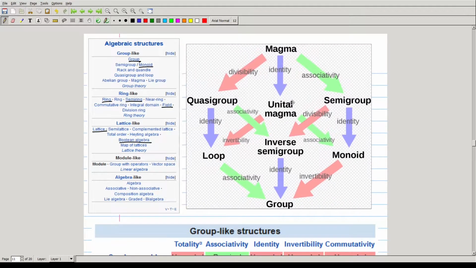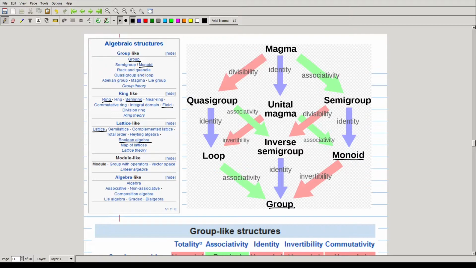That's this right here. So as far as we're concerned, in this class and in this lecture, we're just going to be focusing on groups and monoids. But you can see that there are a lot of other algebraic structures as well, where any combination of these properties, or removal of these properties, or addition of other properties will give us